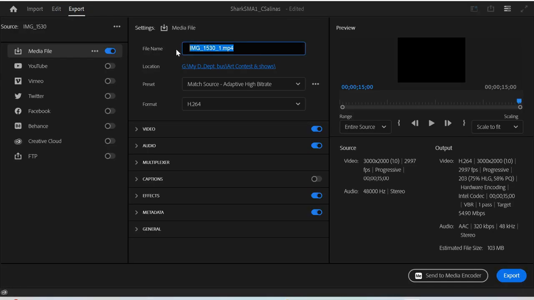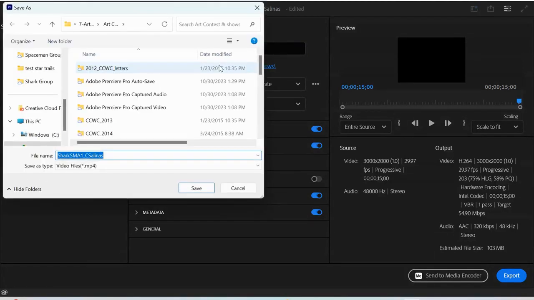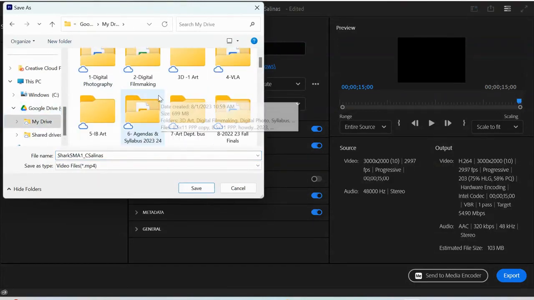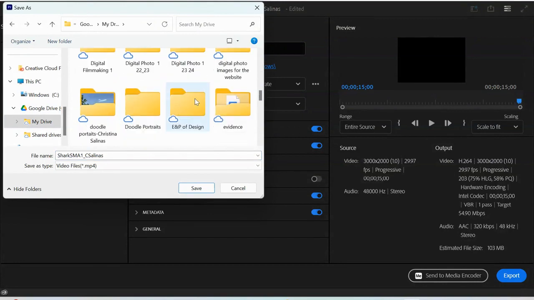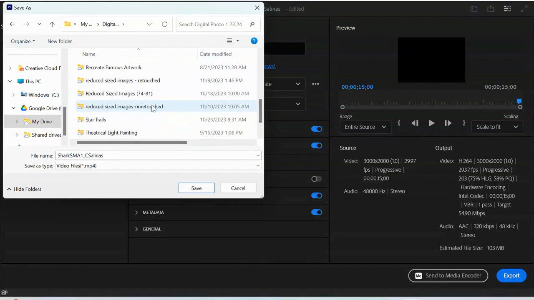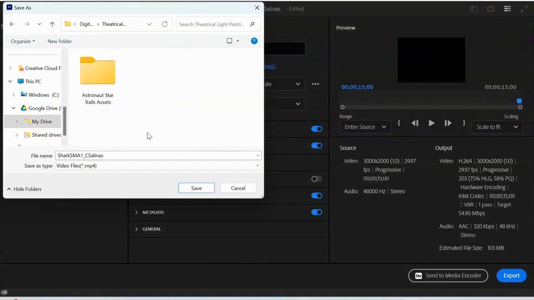So we're going to call it exactly the same title that we gave it, Shark SMA1 underscore first initial last name. We're going to make sure we save it back in our drive. So go back into your drive, my drive, your digital photo folder, your theatrical light painting folder, and we're going to click on